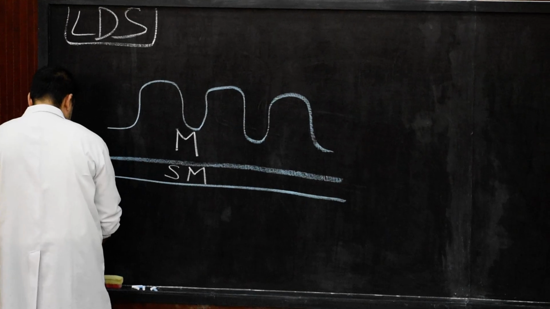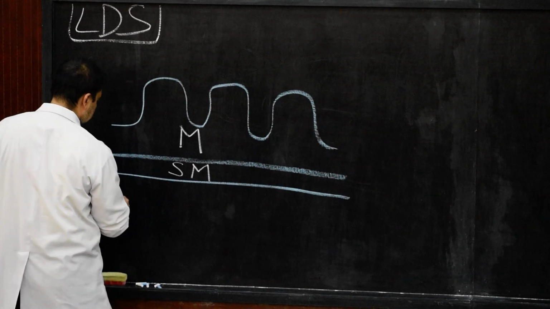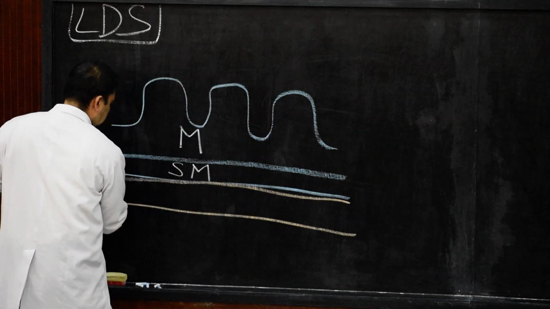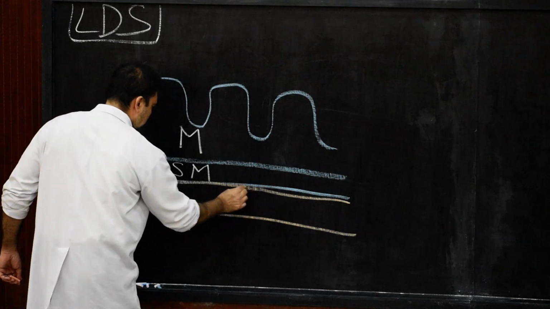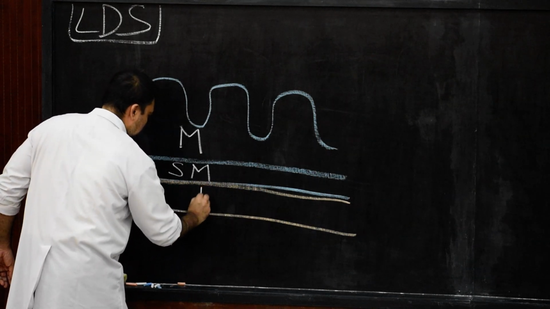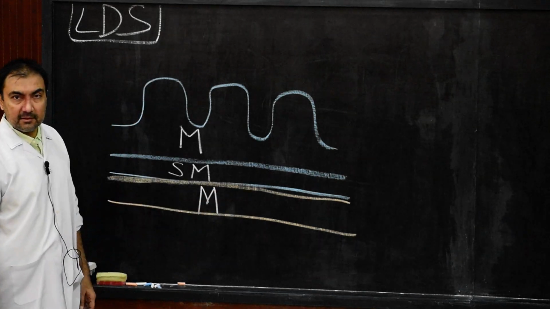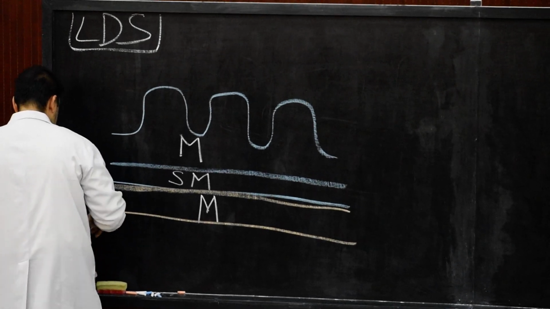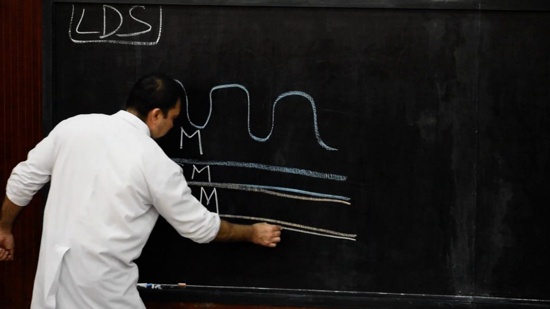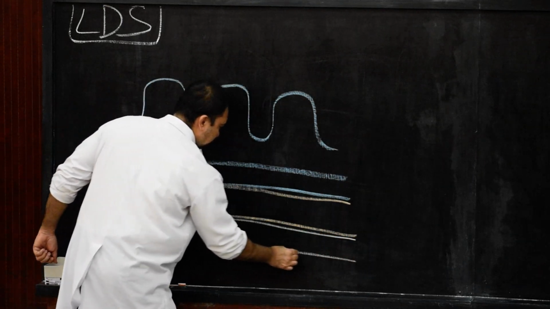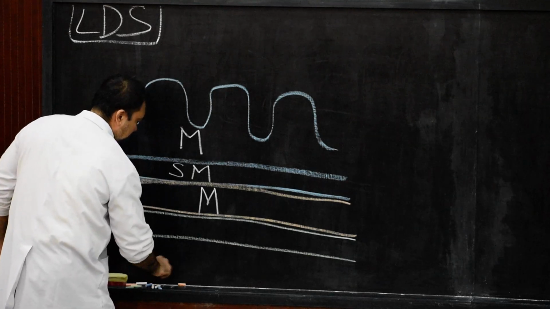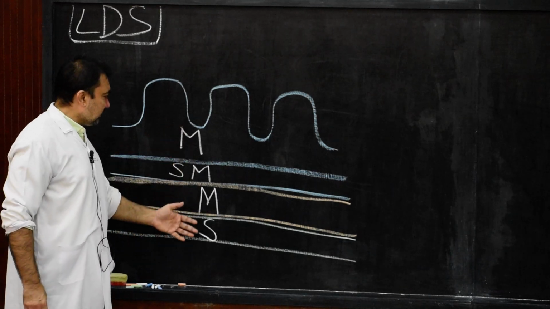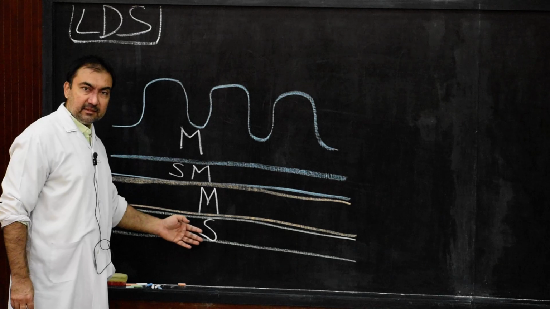Beneath that, external, we will name this layer as the muscular layer. So this layer which I have drawn will be the muscular layer. Muscular is external. And outside, the outermost layer here, which I am going to draw, this will be known as serosa. So just a histological diagram of the stomach showing the four layers: mucosa, submucosa, muscularis externa, and the serosa layer